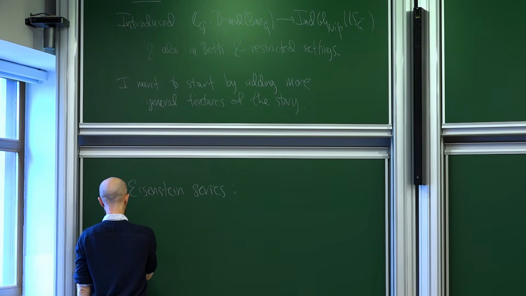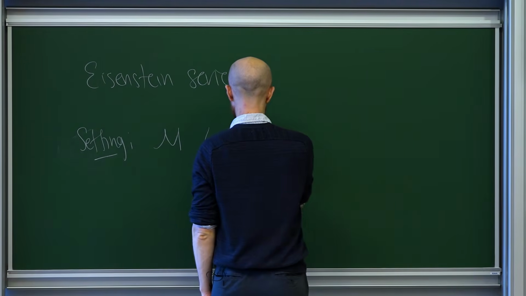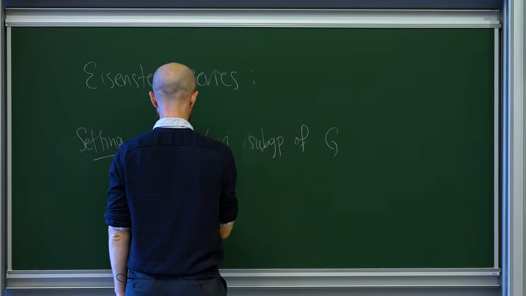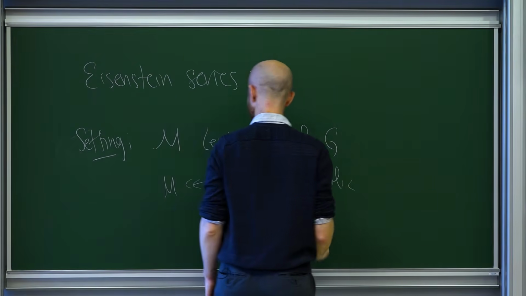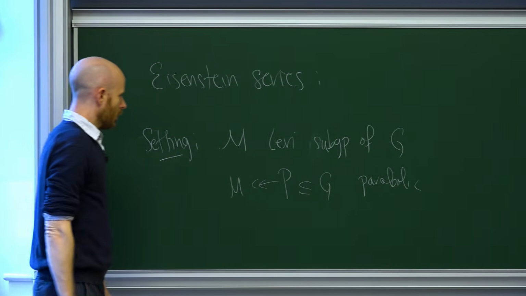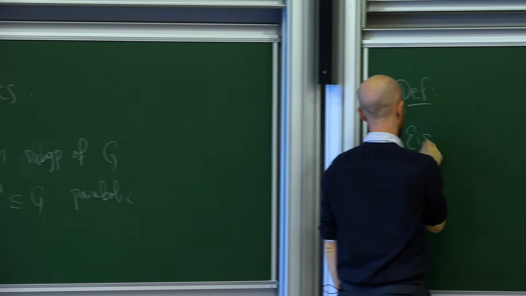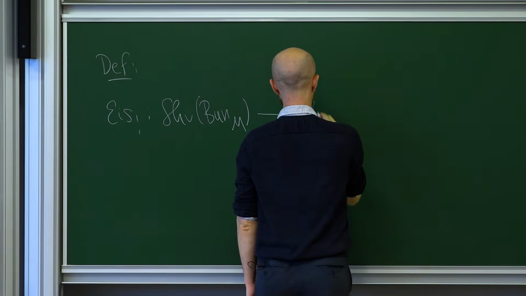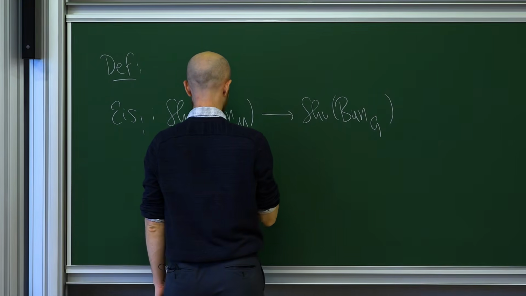Okay, so the setting is I'm going to take M, a Levi subgroup of G, and I'm going to take a parabolic P, parabolic, of course, with Levi quotient M. And then the definition is that the functor of Eisenstein series from sheaves on Bun_M to sheaves on Bun_G is given by the formula P lower shriek Q upper star,